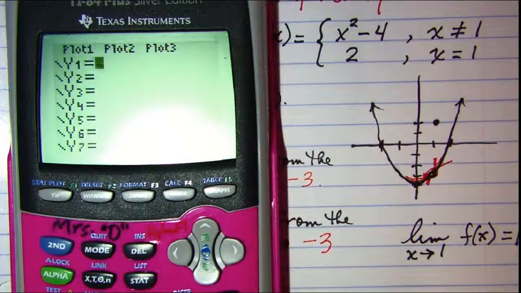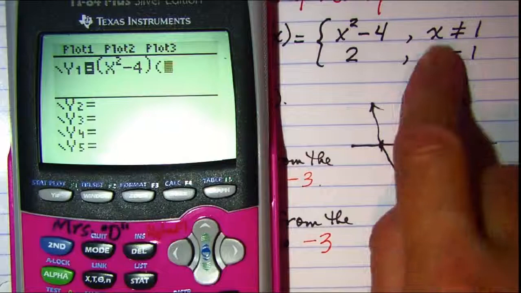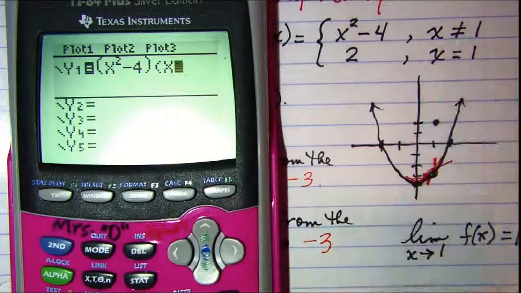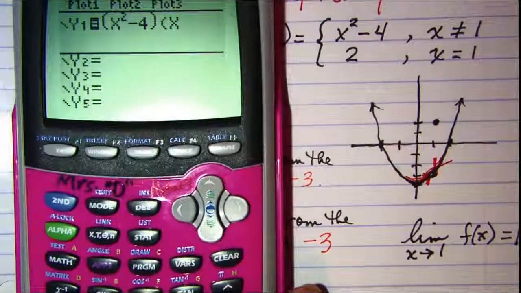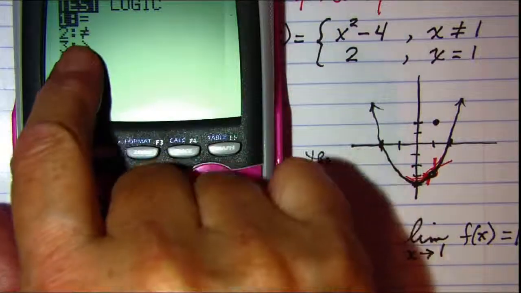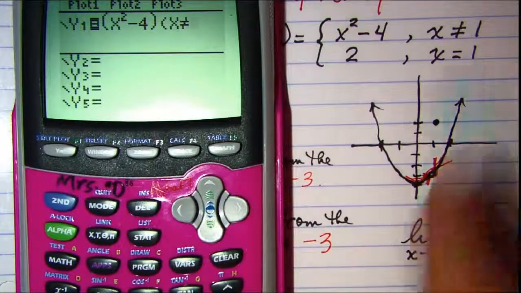So we have open parentheses x squared minus 4, close parentheses, open parentheses, x. And then to get the is not equal to, we need to go to the test button, which is second math. So if we do second math, you can see that is not equal to is choice number 2,